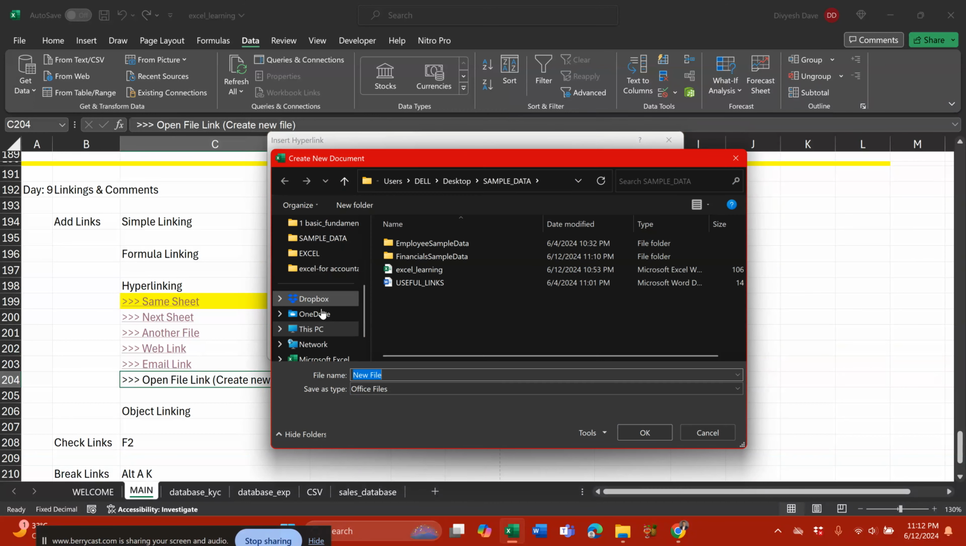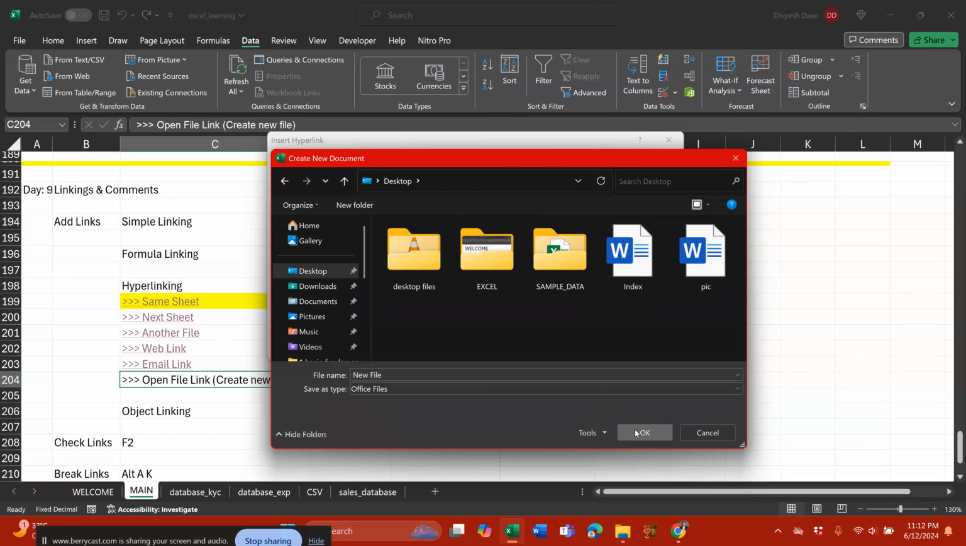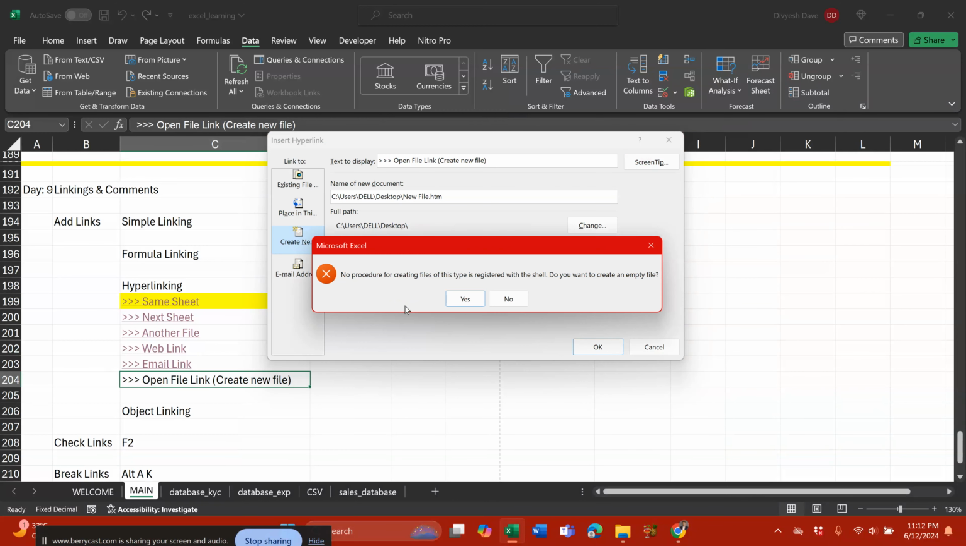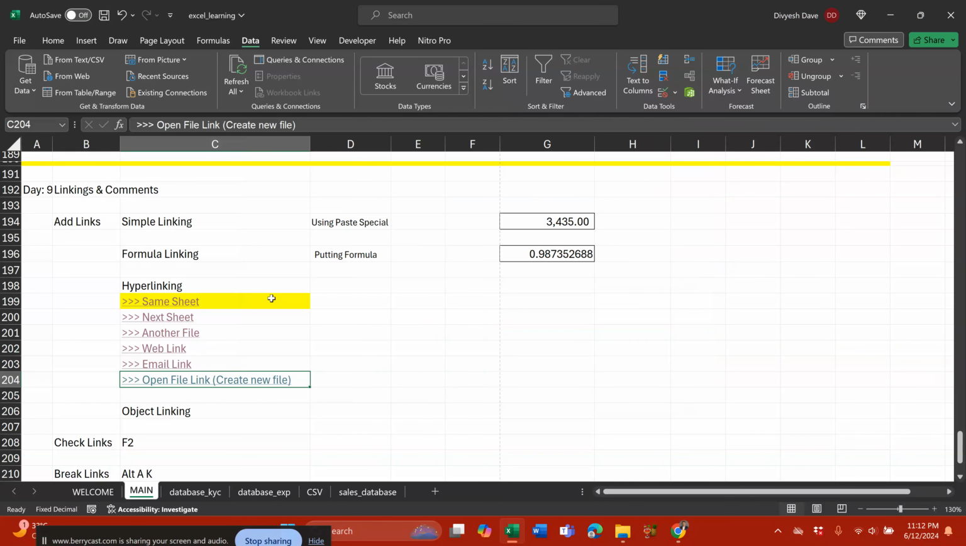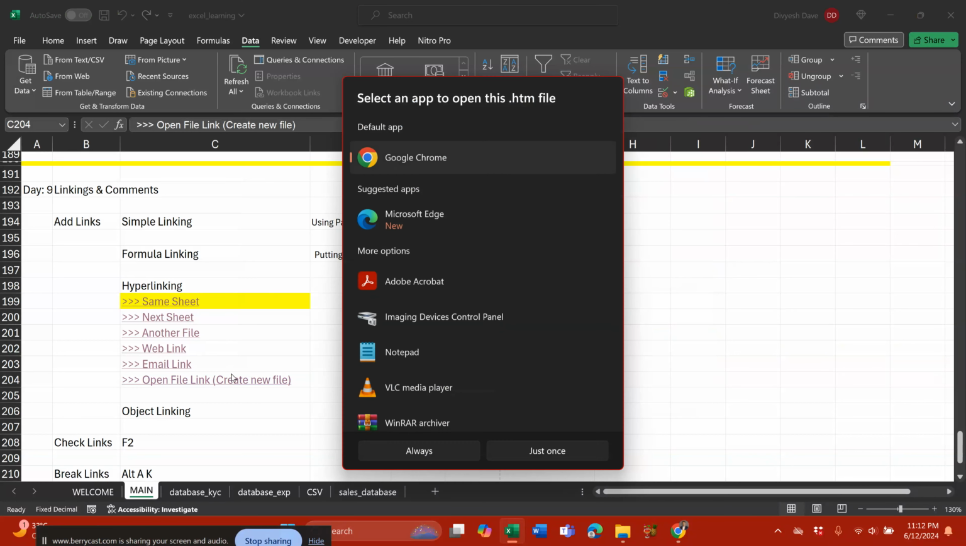Let's say we do it on the desktop, and then okay. New project is registered with the shell. So we just, yes, and then when you click it,